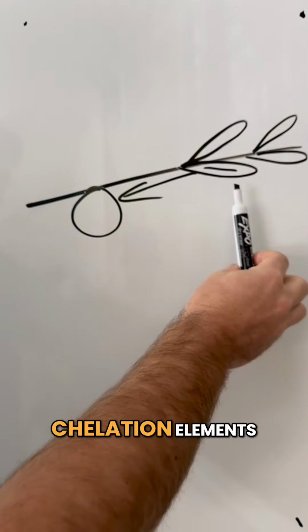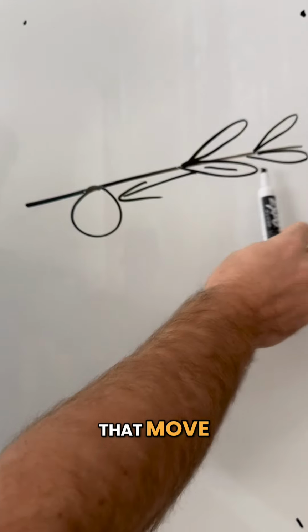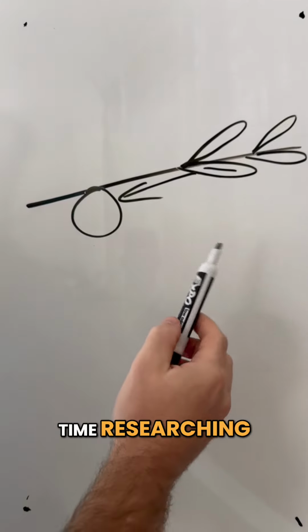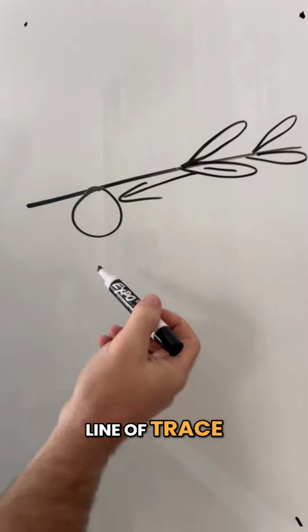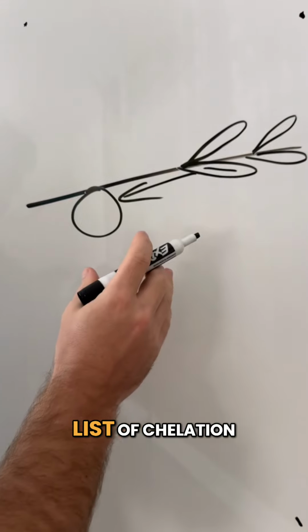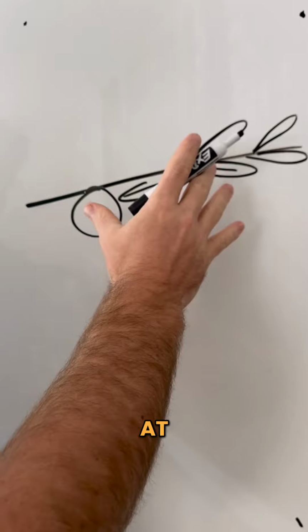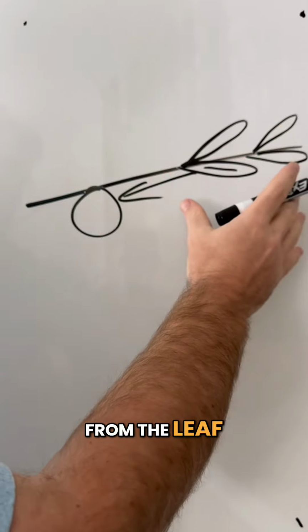So for that reason, foliar applications of calcium need to be chelated, and they need to be chelated with chelation elements that move through the phloem quite readily. And there are a few. This is one thing that we spent a lot of time researching when we were developing our rebound line of trace minerals. There's a very short list of chelation agents that are effective at moving nutrients from the leaf,